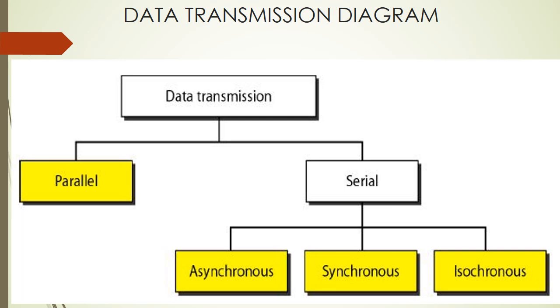So let's look at the second one, which is parallel transmission. With regard to parallel transmission, data transmission involves sending multiple bits of data simultaneously across multiple connection channels. So let's look at the next one, which is known as serial data transmission. Serial data transmission is the process of sending data in bits one after the other over a single communication line. So under serial transmission, we have asynchronous, synchronous, and